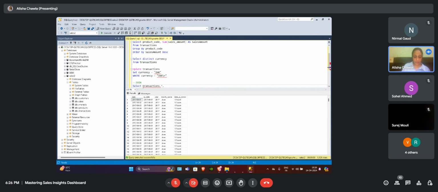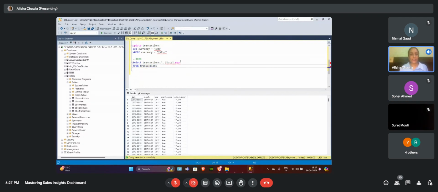Next we want date dot year, in the date table, we need the year column. From, the first table name is our transactions.